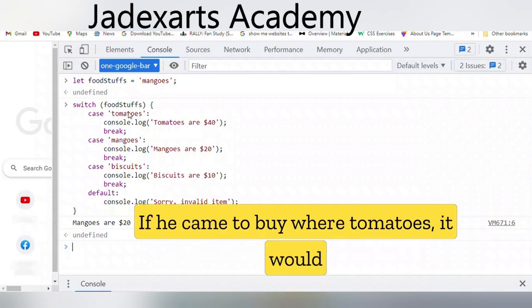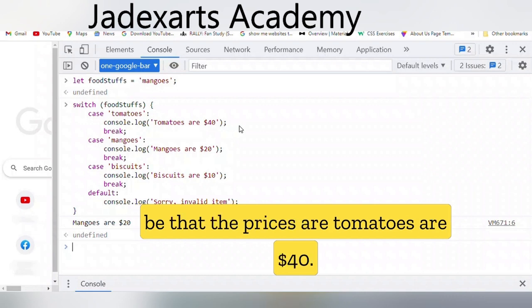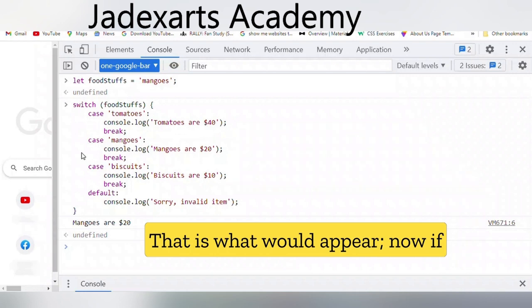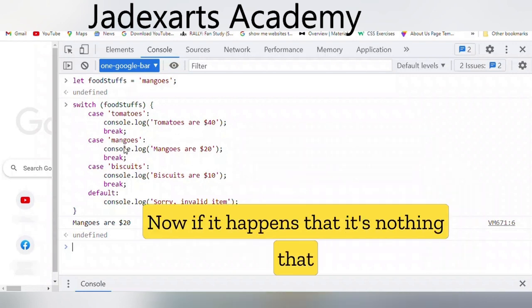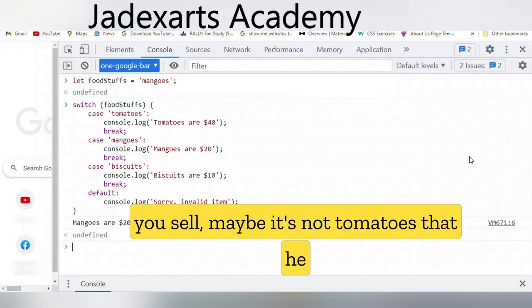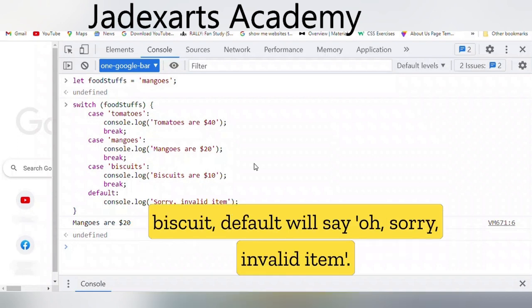If what he came to buy were tomatoes, it would be that the tomatoes are $40. That is what would appear. If it were biscuits, the price would appear. Now if it happens that it's not tomatoes, not mango, not biscuits, default will say, oh, sorry, invalid item.